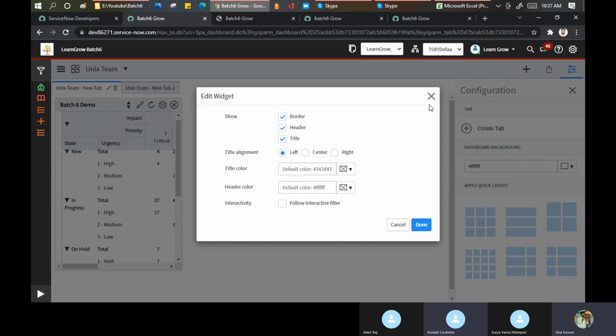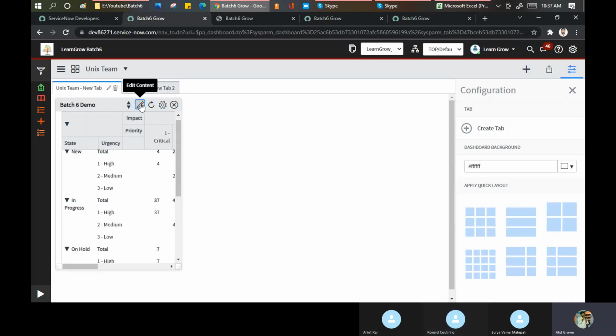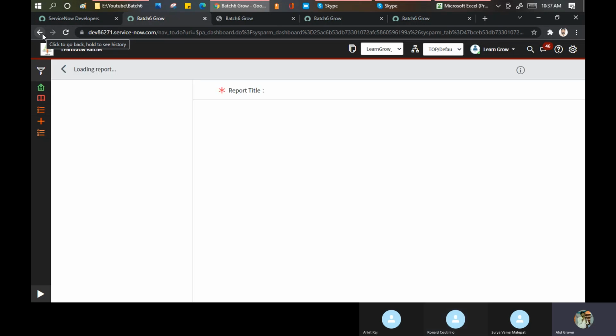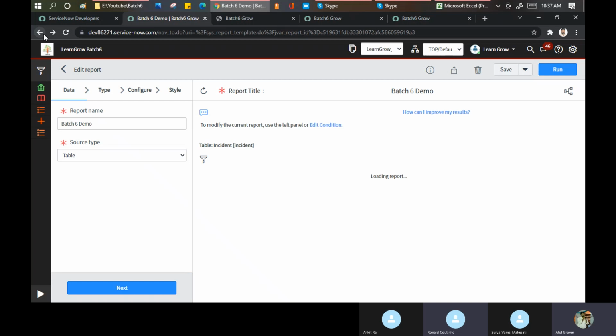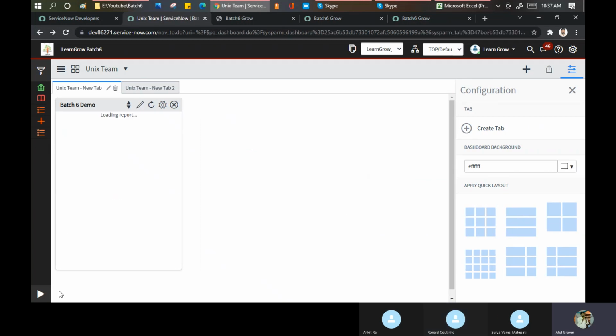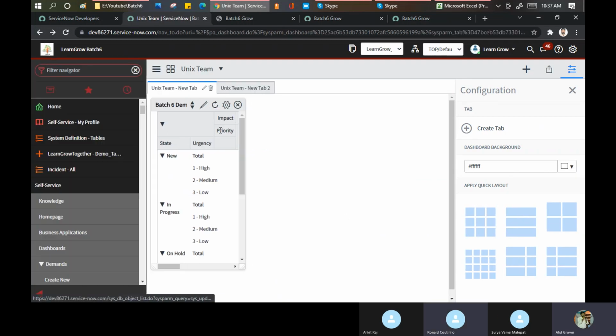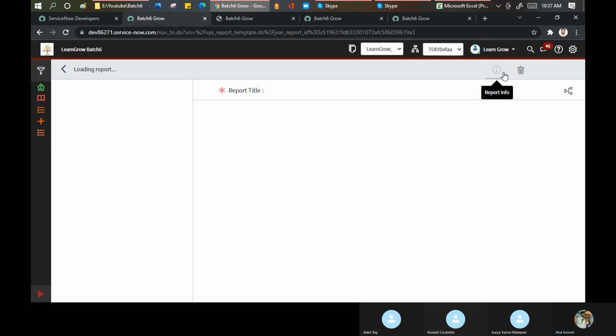No, I was not able to see any option here. Edit content. Let's see if I can find it. Okay, it will take me to the report. No, I'm not sure about this. If I'm not wrong, there is no auto refresh. Okay. If you want auto refresh, then you add this report on the home page, not on the dashboard. Suppose now let's go to this one. I'll open this content here. Okay, if you go to the report and go to the sharing option,